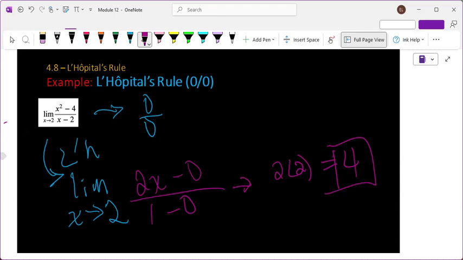1 over 0 means either positive or negative infinity. Or any sort of constant over 0. Well, undefined when we're talking about limits means one of the infinities. It's hard to tell if it's positive or negative without considering the actual function itself. But when we have something constant over 0, as we approach 0, we're using really small numbers, and dividing by a small number is the same as multiplying by a really large number.